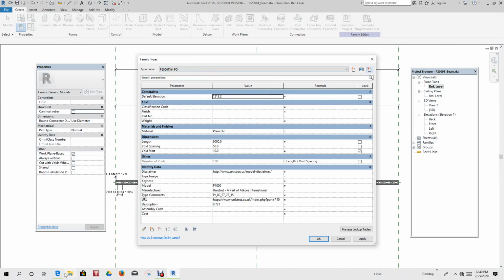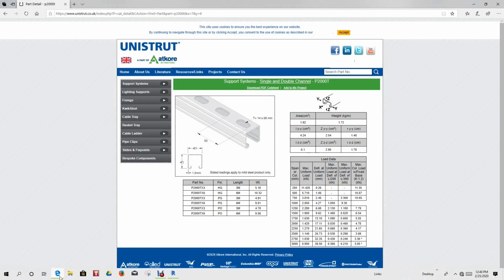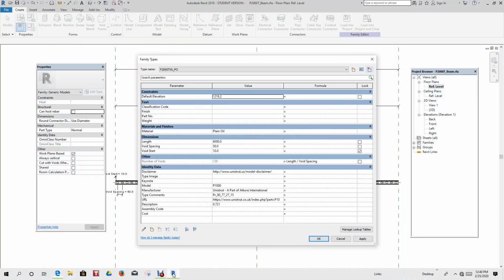Okay, now we have a 6 PO here. We do. So let's go fix that one. We have a 3 PO. We don't have a 3 PO, but we have a 6 PO. So we'll go classification code here. Control C. Control V. Finish is PO, plain oil, polished oil, whatever. Part number is